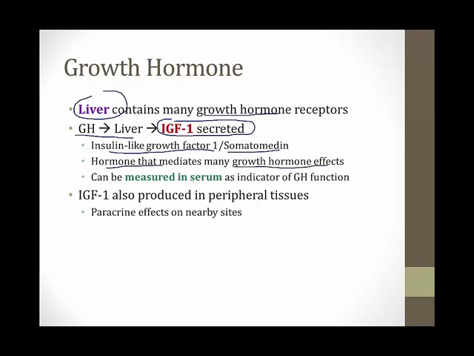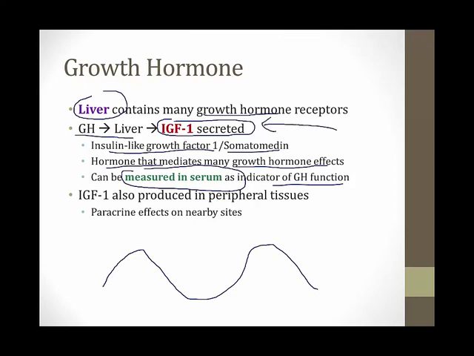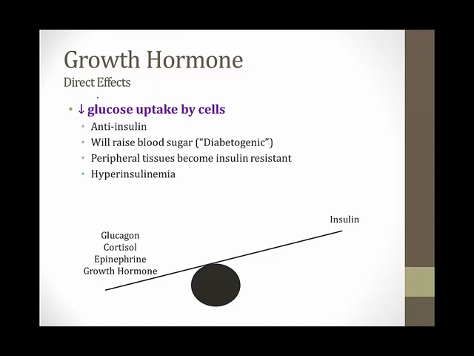And this is important clinically because you can measure the serum level of IGF-1 as an indicator of growth hormone function. Remember what I told you before, growth hormone is released in a pulsatile manner, so its level goes up and down. A single blood test is not very helpful, so instead you can measure the level of IGF-1 and it tells you what's happening with growth hormone production from the pituitary. IGF-1 is also produced outside the liver in many peripheral tissues and it exerts lots of effects on nearby cells via a paracrine mechanism. So now let's talk about the effect of growth hormone on cells and tissues, and I'll